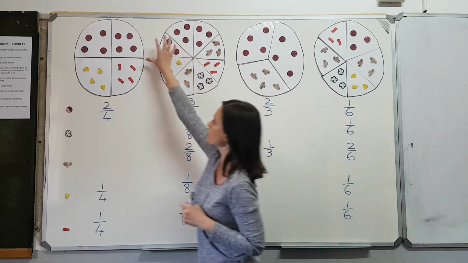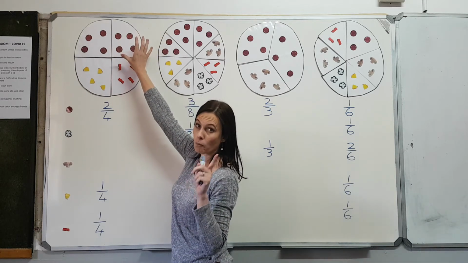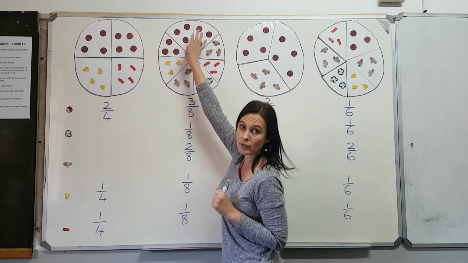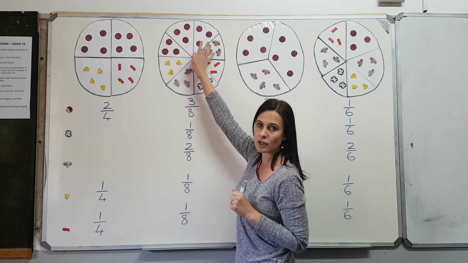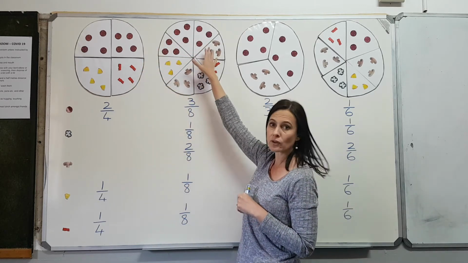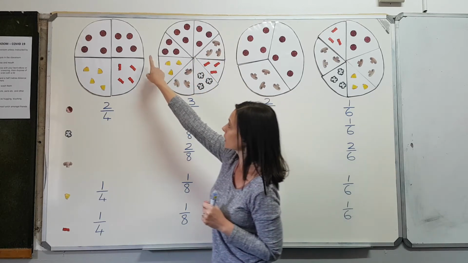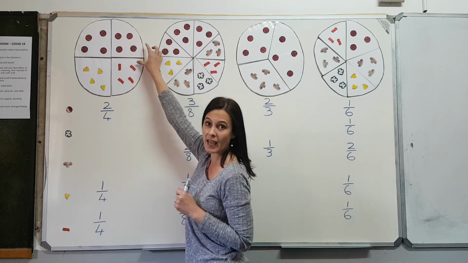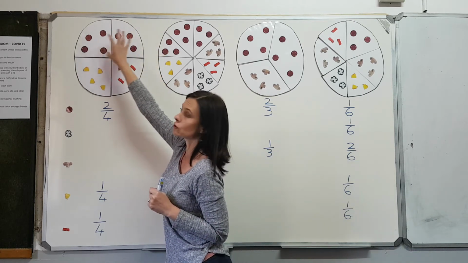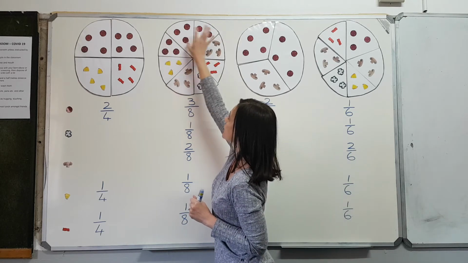These two slices here at the top look bigger for me than these 3 slices. Just because there are 2 of them, and on this side we have 3, doesn't mean that one is going to be smaller. If you look at the actual pizza, those 2 together look much bigger than these 3